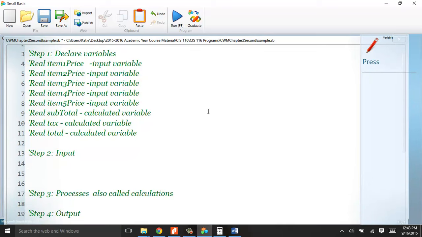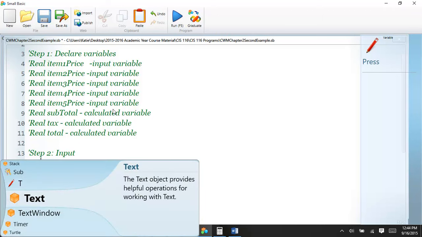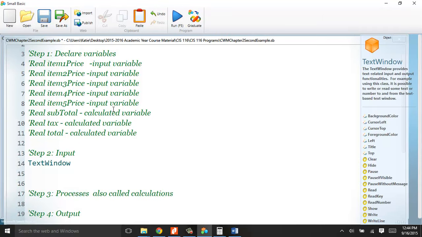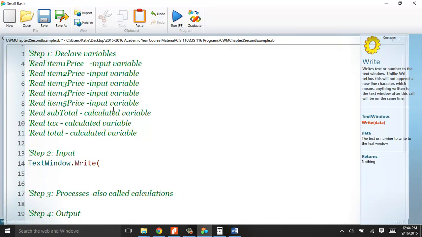This is practice using Small Basic. Let me just do a quick save because I've got some things in there now. Line 14, I'm going to start with my input. So my program asks for the price of each item. So I'll do TextWindow.Write and then open that up and then say "Enter the price for item